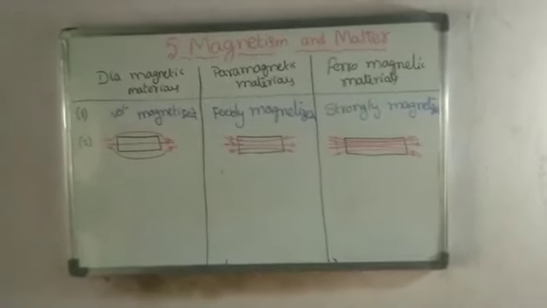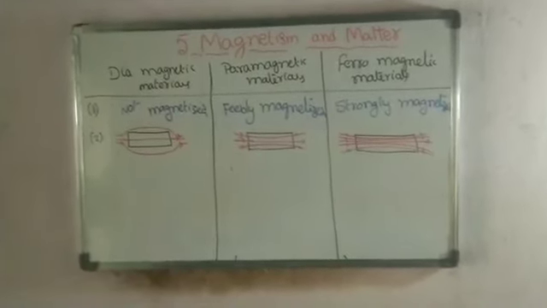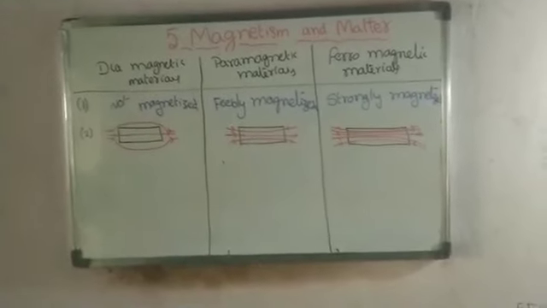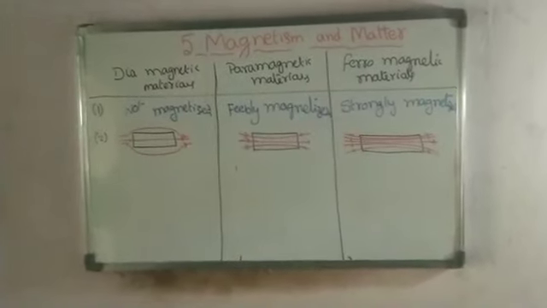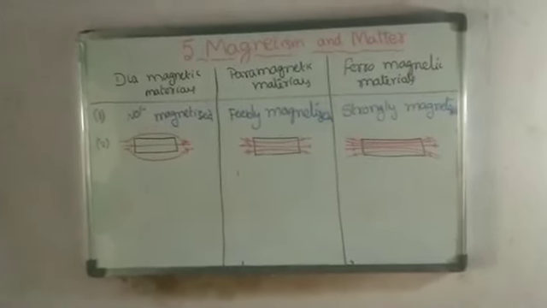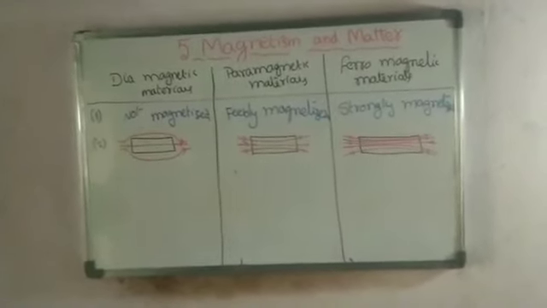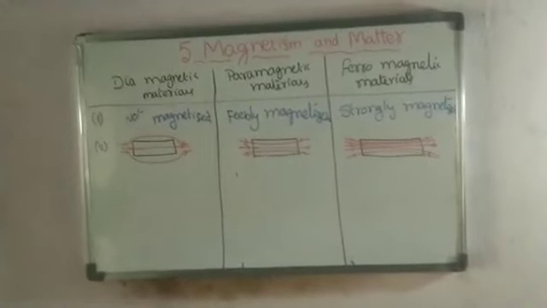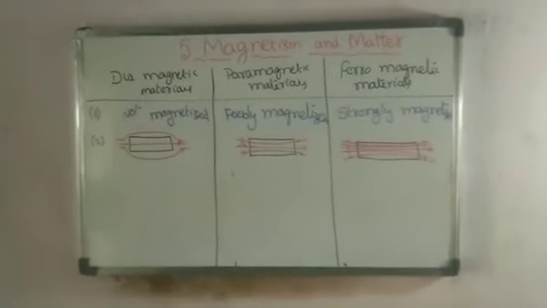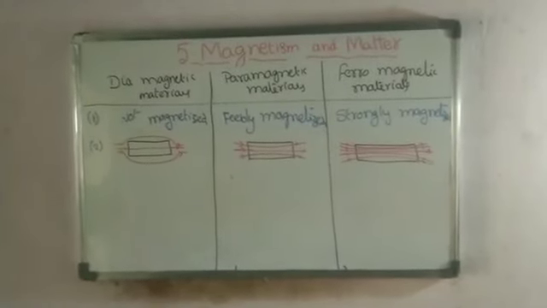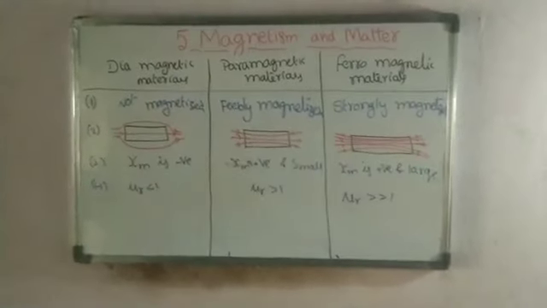The second point is, observe the field lines. Here, through diamagnetic materials, the field lines are not passed. Coming to the para and ferromagnetic materials, the external field lines are passing through them, because diamagnetic material dipoles are aligned opposite to the external magnetic field, whereas para and ferromagnetic materials' dipoles are aligned along the magnetic field. Due to that reason, in the first case the field lines are repelled, in the second case the field lines pass through the magnetic materials.